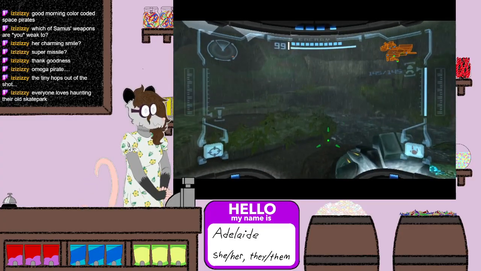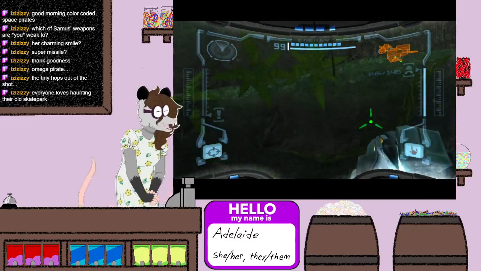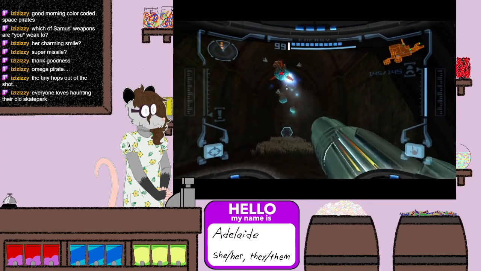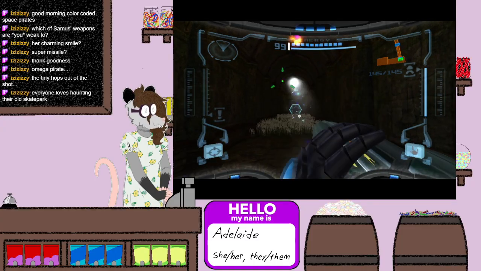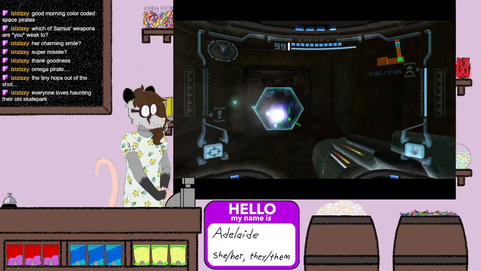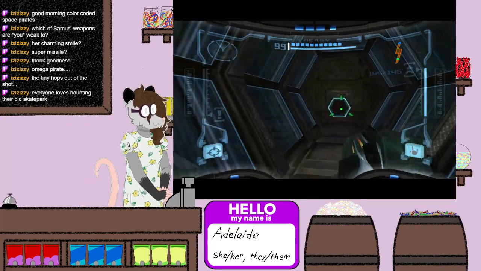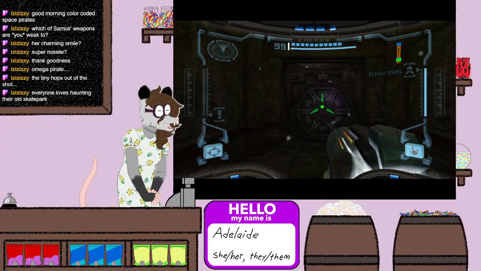Nope, not that easy. Come on now. Oh, whatever. Okay, I've scanned that already. Didn't bother coming all the way down this way since we didn't have missiles just yet. The first time we entered this passageway, but